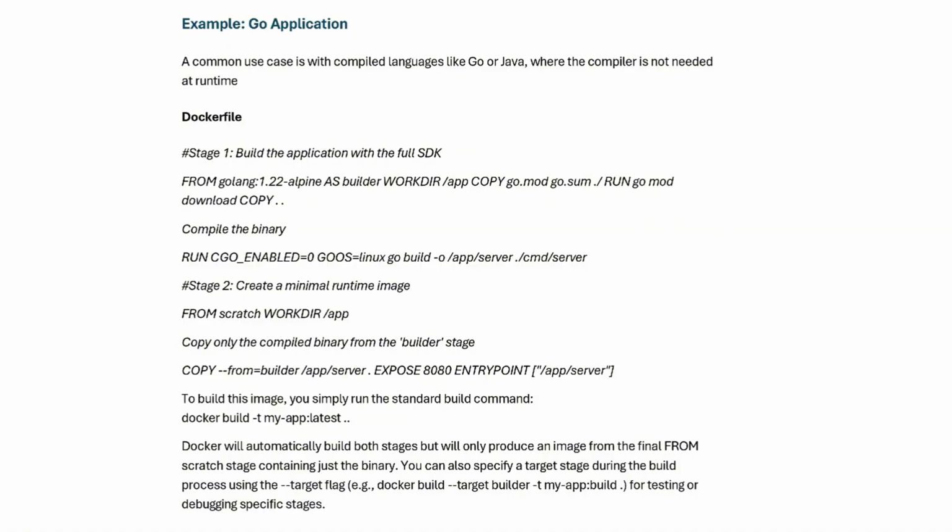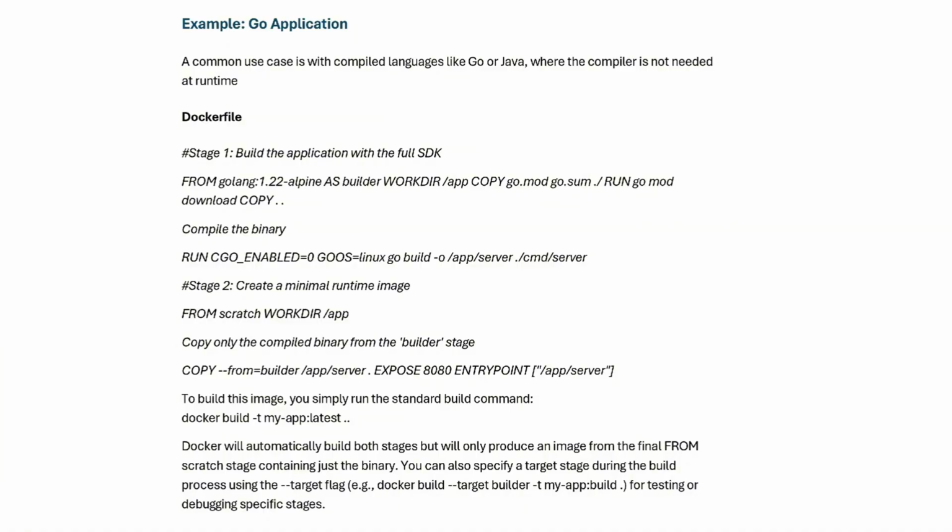So we are only taking the result from stage 1, in short the compiled binary, and we are only copying that. Then EXPOSE 8080, the application will run on port 8080. ENTRYPOINT /app/server defines the binary as the container's main process.